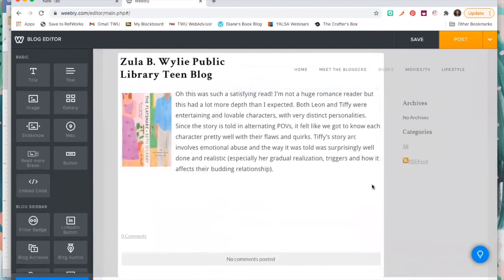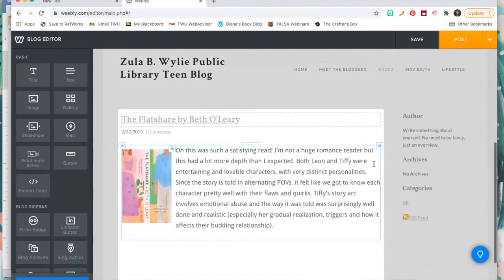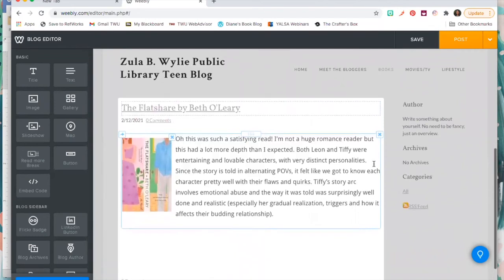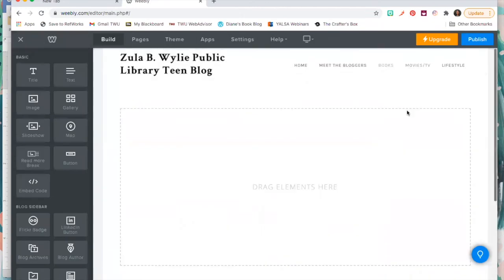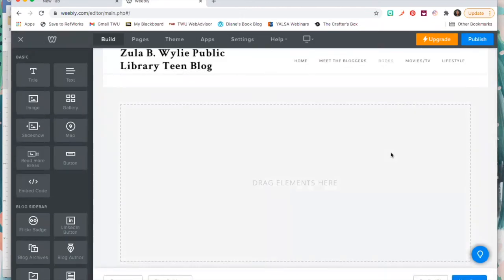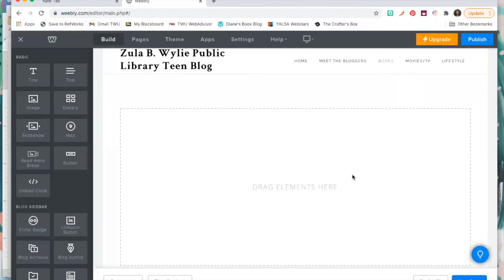But if you like how things are looking, that you have all this in there that you wanted, now you can actually save the post as a draft, or you can go ahead and make that post published. And then you can save here at the top right corner. If I wanted to save this as a draft, then that way I have this available if I needed to,